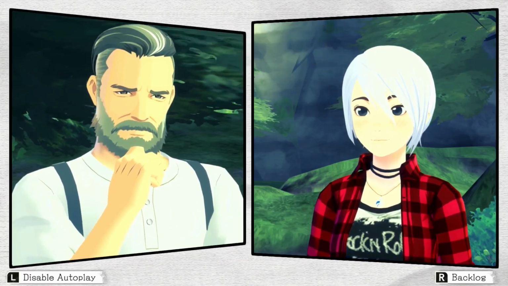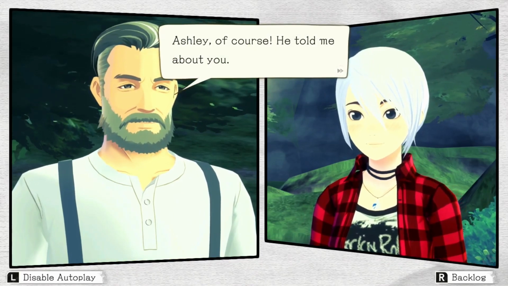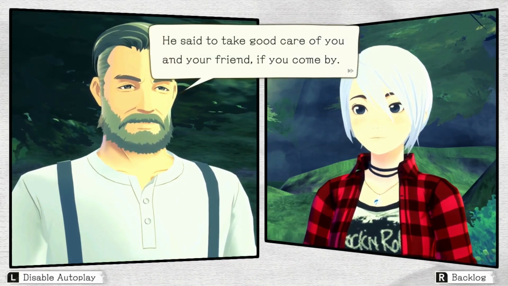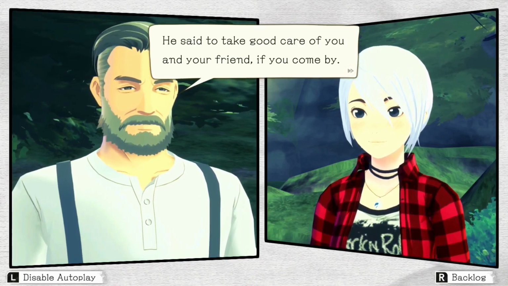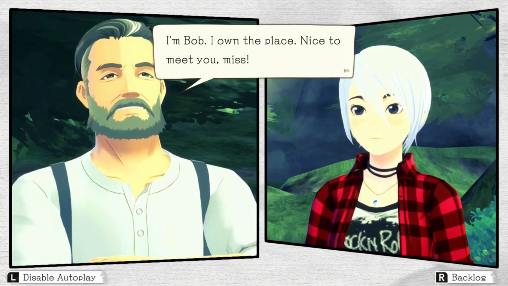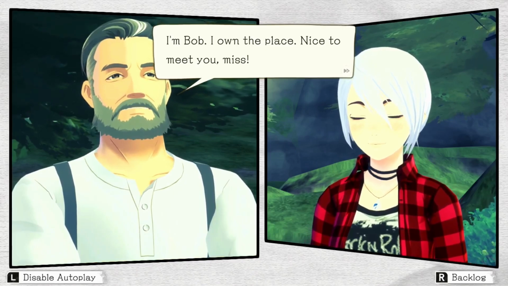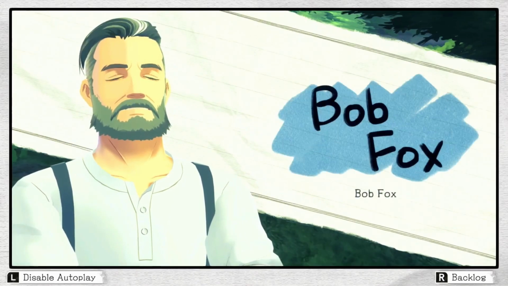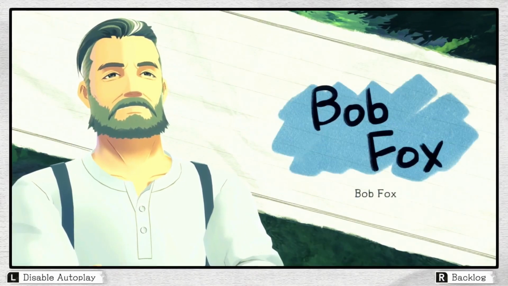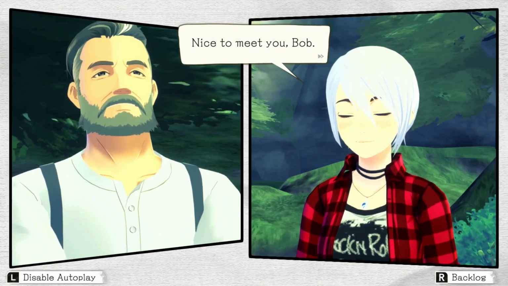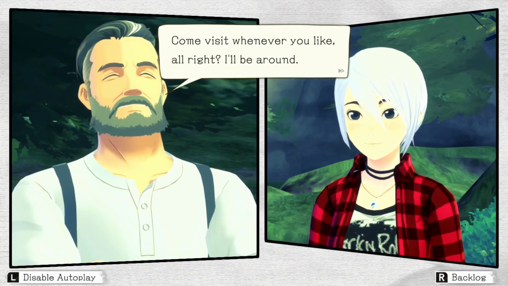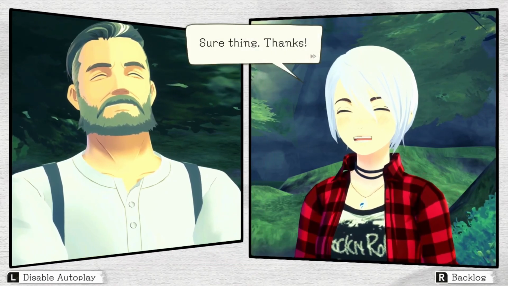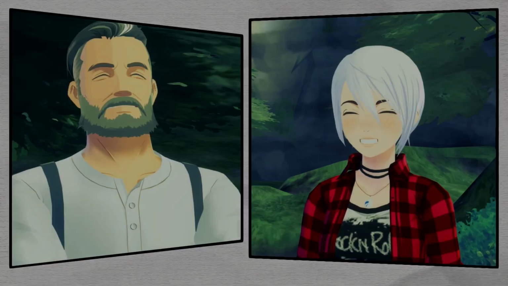To have Ashley, Ashley of have course. memories He of told this me place about you. because it is important to her, He said to take good care of you and your friend if you come by. and that's why she's always so happy about it. Hi, And Bob. it's Hi, also Nice. why Nice to she's meet kind you, of miss. upset about not having Bob Fox. Yeah, not having memories Nice to meet of you, Bob. the Come visit the whenever lake. you like, all That's right? why she was so, I'll be so around. upset because she remembered that those memories were Sure important to thing. her. Thanks. And we